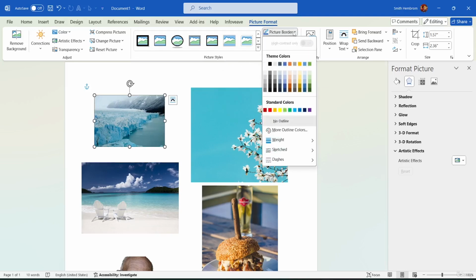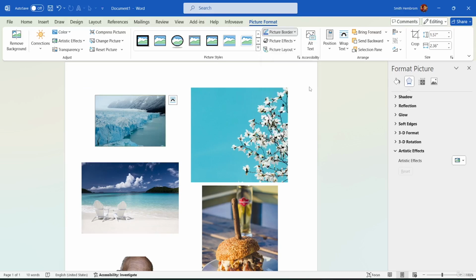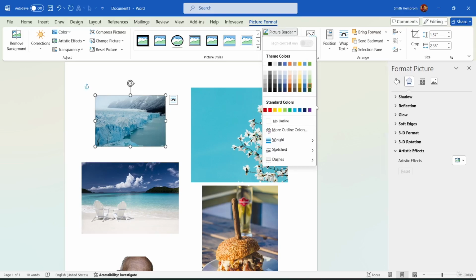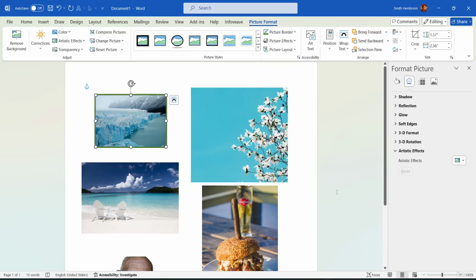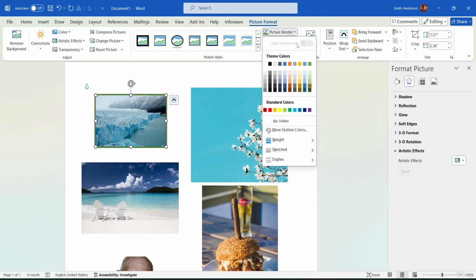And individually, if you want to select the border of the picture, you can come here and choose what kind of color you are looking for. Let me just go with this green color. And once I've selected the green color, here you can see I can actually select the weight. So over here I will just take a 3-point weight. And also